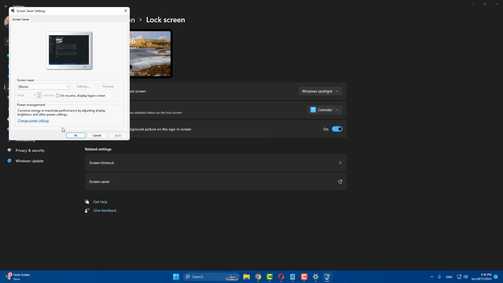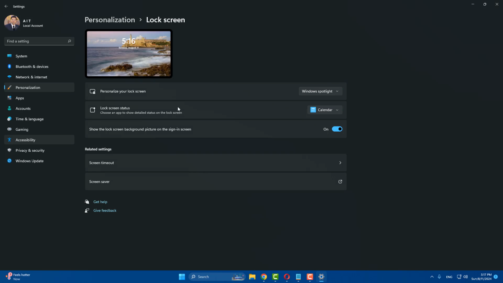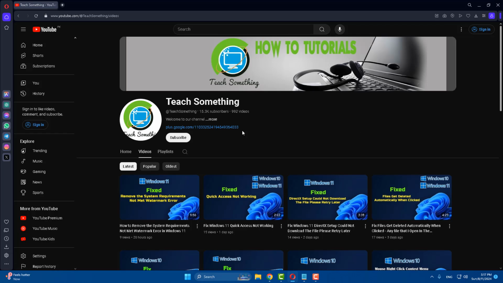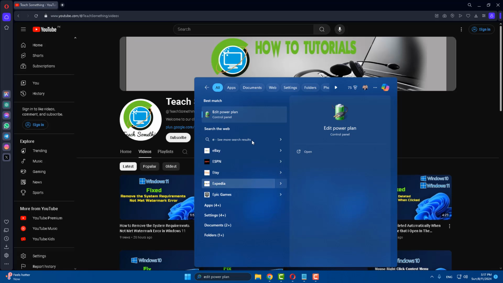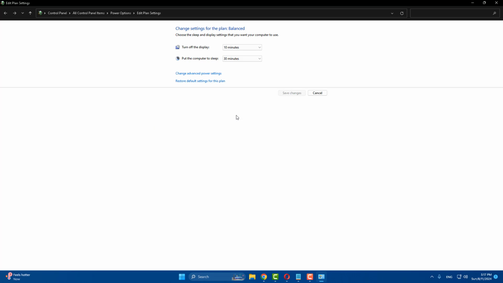After that, uncheck it if checked. So uncheck On resume, display logon screen, click on Apply and OK button and close it. After doing this step, in the search box type edit power plan, go to Edit power plan, click on